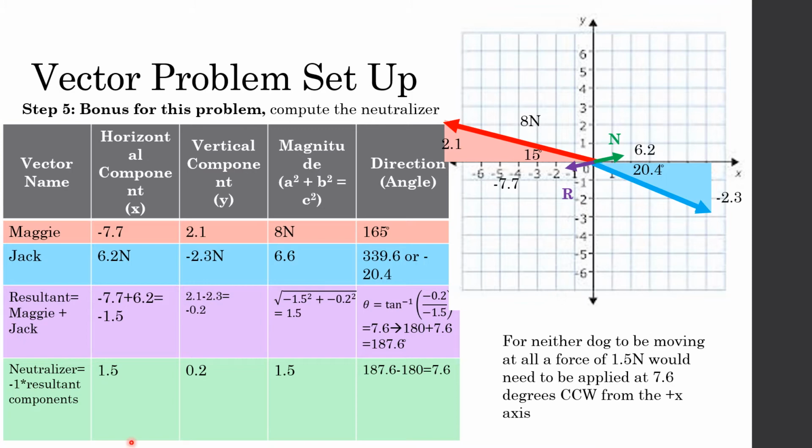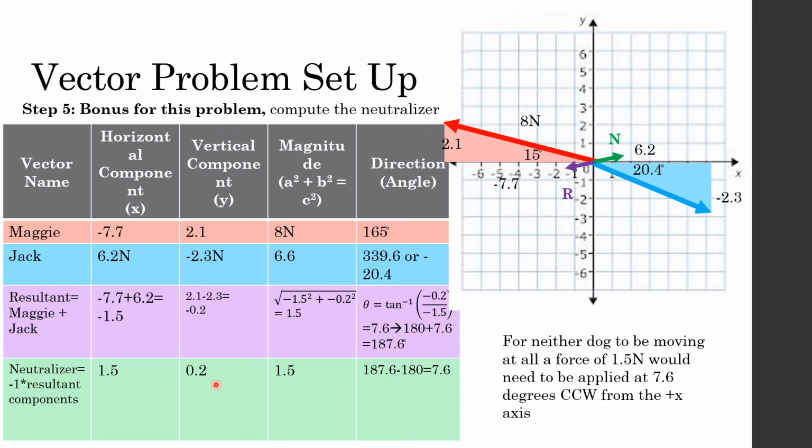All right, so the neutralizer, as we mentioned before, is going to have components that have the opposite signs to the components for the resultant. So you can see here the resultant is negative 1.5, so that means the neutralizer is positive 1.5. The vertical component, or the y component, of the resultant is negative 0.2, so that makes the neutralizer